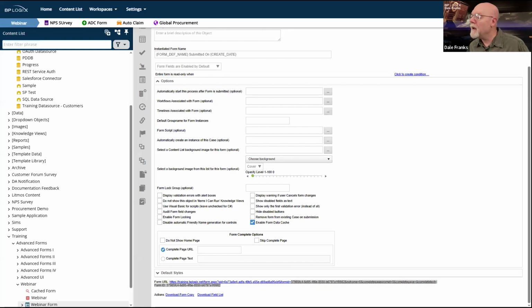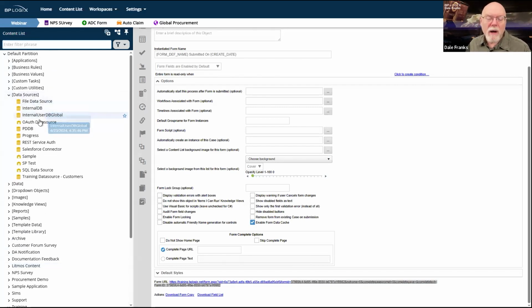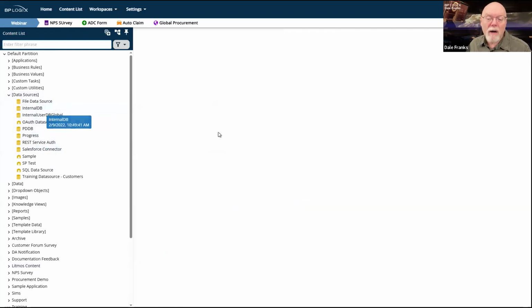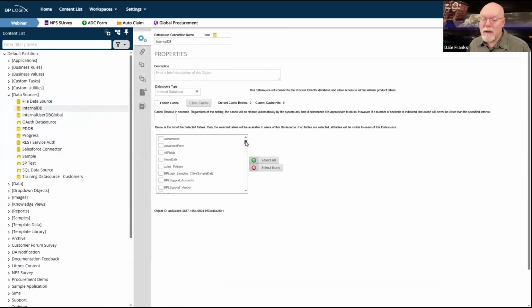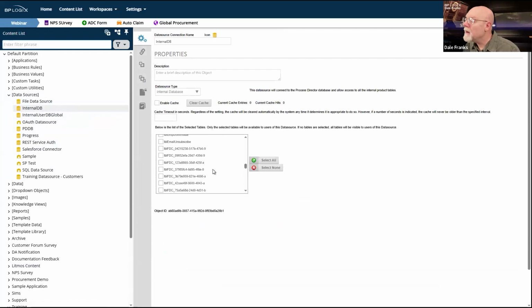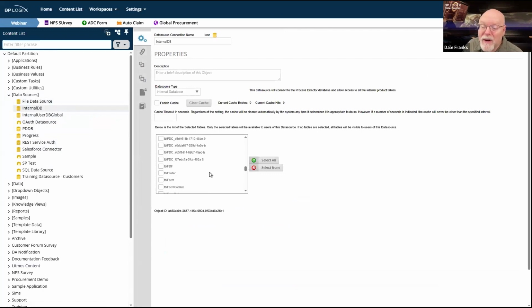And the reason that I wanted that GUID is to see if we could go back into our internal DB data source, look at the tables, and go all the way down to table FDC. Let's see, form ID. Is there an 8550 in here? I'm trying to find 402A-8.